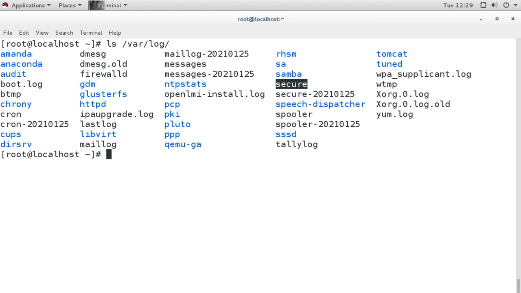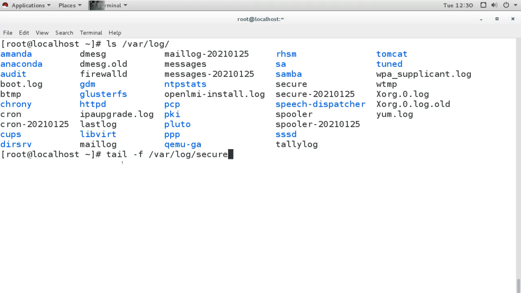Other than that, we have other log directories here. These directories are for the specific logs we have. Like for the Yum server, we have a specific log. Then for the Samba server, we have a specific log directory. We have an httpd directory for the web server's logs. So some services have their own log directory, and if they don't have one, then the logs will go to this messages log file.